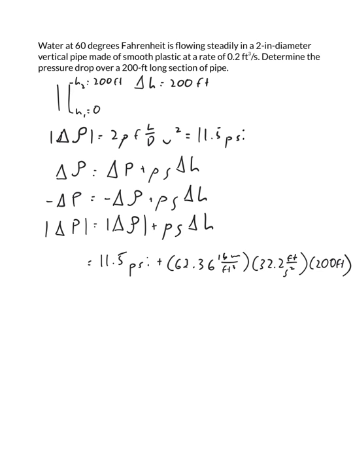So that will be times 1 pound force per 32.2 pound mass feet per second squared, times 1 over 144. That'll be feet squared per inches squared, like so. And we will end up with